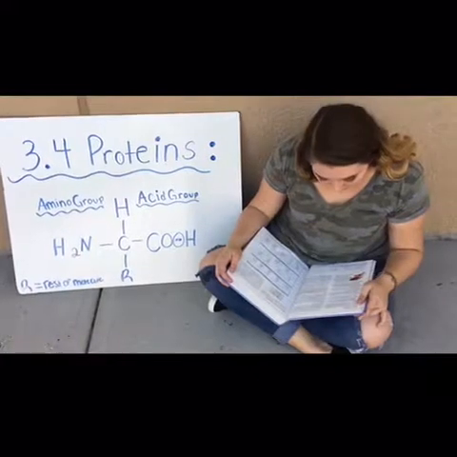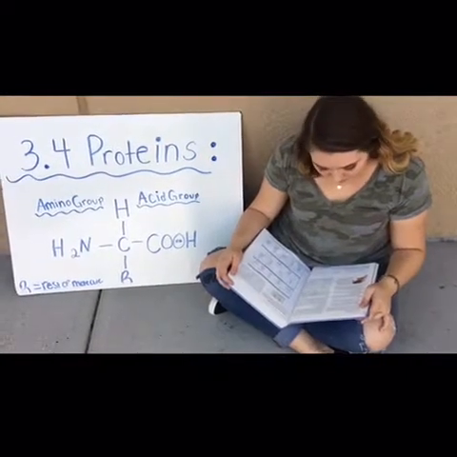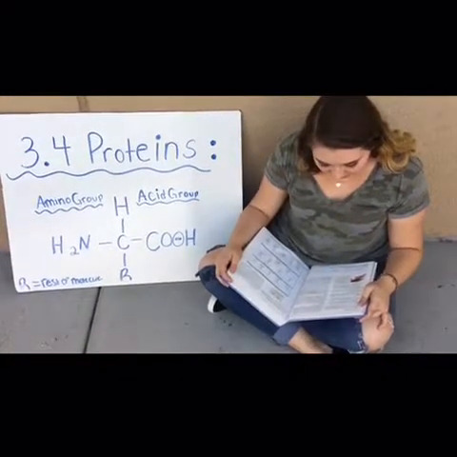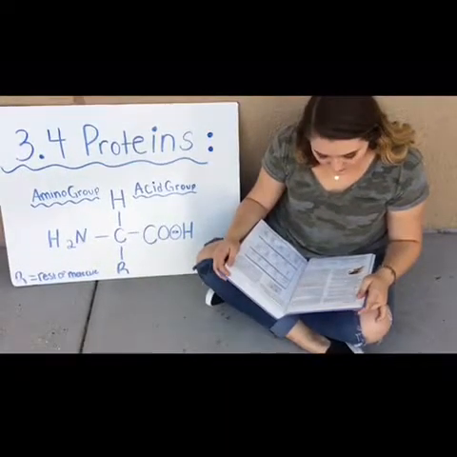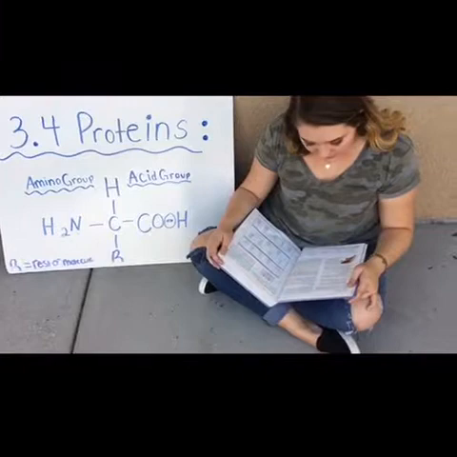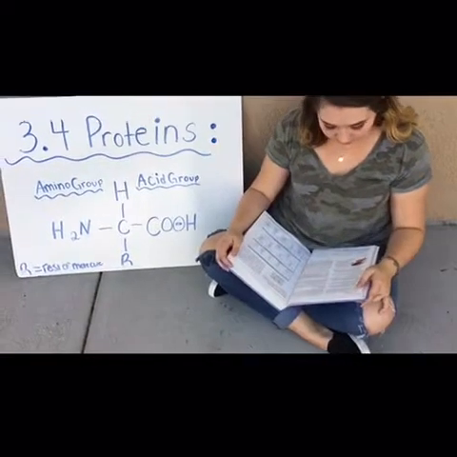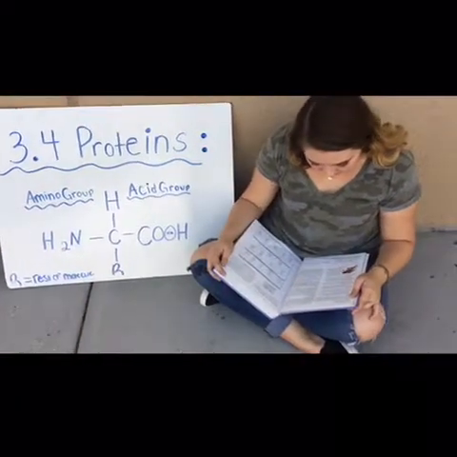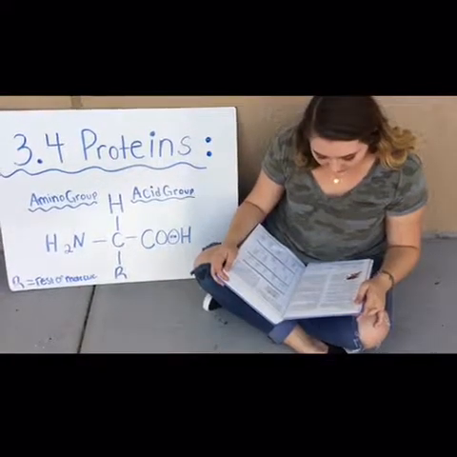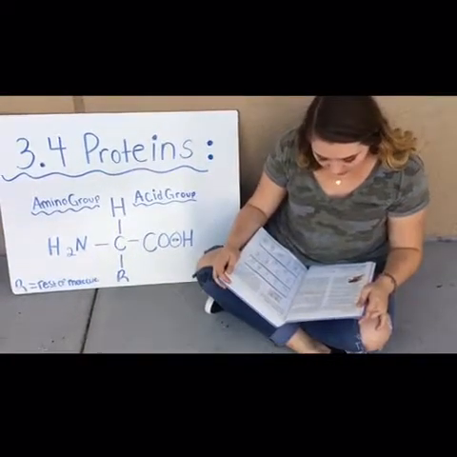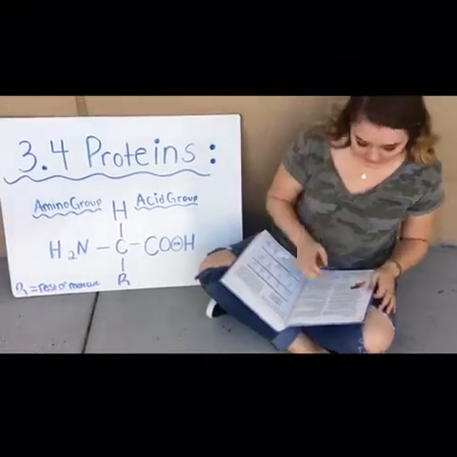Transport. Channel and carrier proteins in the plasma membrane allow substances to enter and exit cells. Some other proteins transport molecules in the blood of animals. Hemoglobin is the complex protein that transports oxygen. Defense. Antibodies are proteins that combine with foreign substances called antigens. In this way, they prevent antigens from destroying cells and upsetting homeostasis.